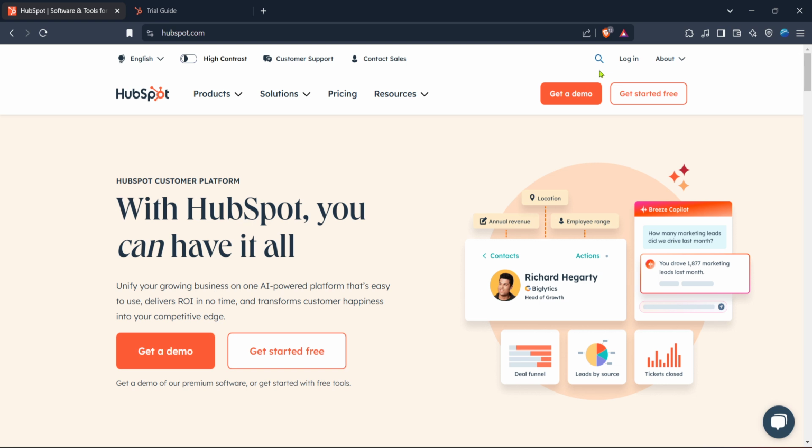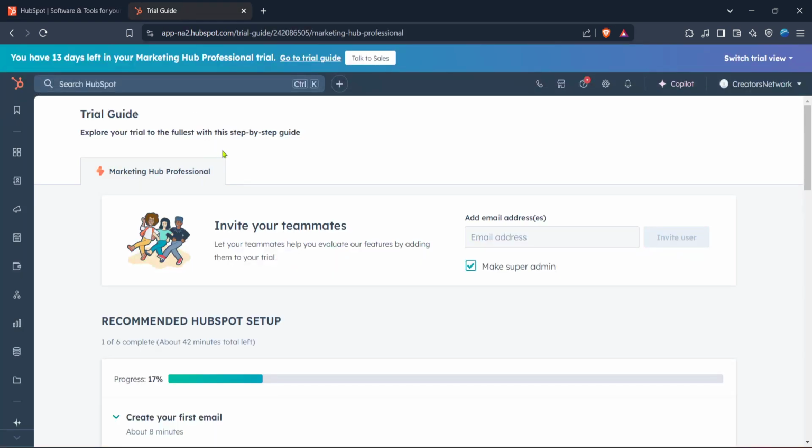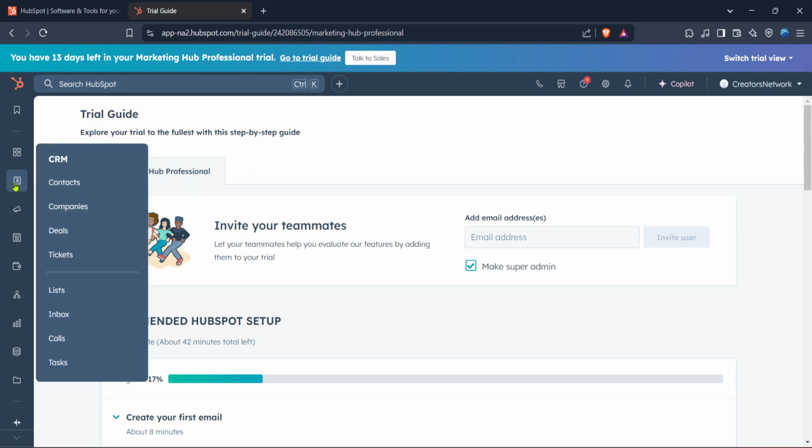After logging in, you'll be taken to what we affectionately call the HubSpot home. This is your dashboard, your command center where you can quickly navigate to any part of HubSpot. Look for the CRM tool within your HubSpot home. CRM stands for Customer Relationship Management, and it's the heart of HubSpot's offering, allowing you to manage interactions with current and potential customers. Once you've located the CRM link, give it a click. This will take you directly into the realm of customer management and deal tracking.